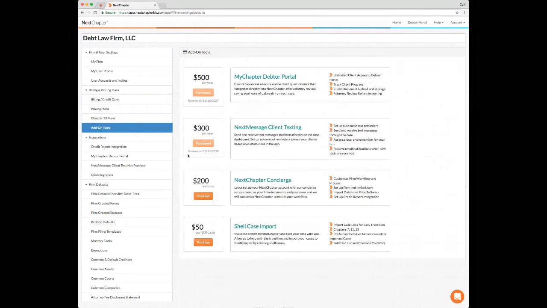I do want to take just a moment to talk about these last two, though. The NextChapter Concierge is a way for you to get additional hands-on help with setting up your account. And if you are purchasing some of these other add-ons and you're less familiar with the system, it's a great value for the money. So for $200, that's going to cover our team helping to invite people into your firm, getting the workflow set up, customizing things like your Next Message client texting, where you can automate texts that are sent out to your clients, or the NextChapter debtor portal with your firm's contact information,